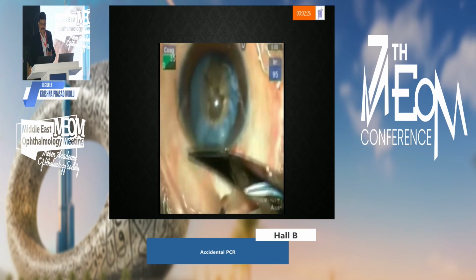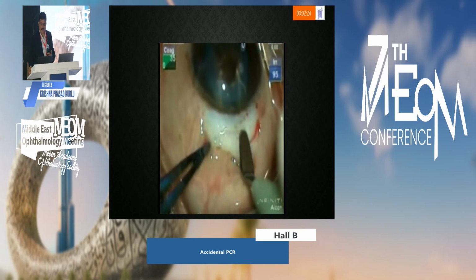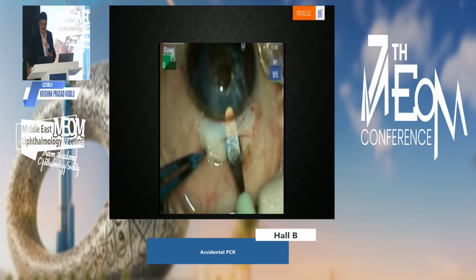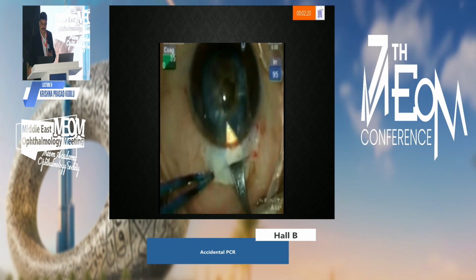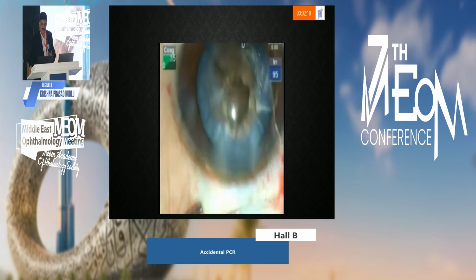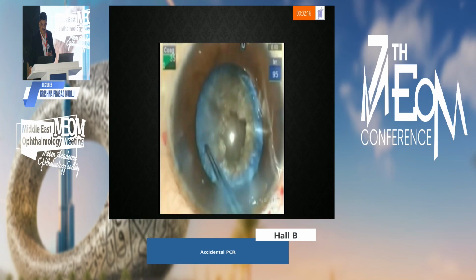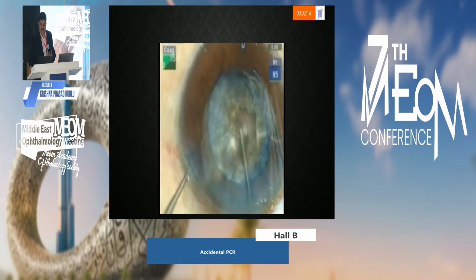In this other case, you can see that while starting the phaco, it might have been associated with a posterior polar cataract. You can do a manual small incision cataract surgery, extending around 7 mm. You can extend the capsulorhexis. This is very, very